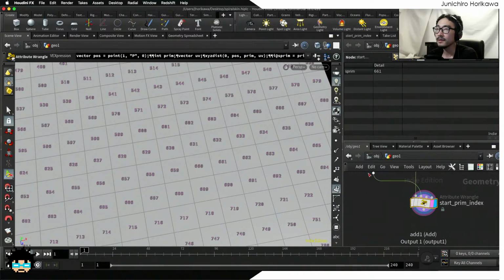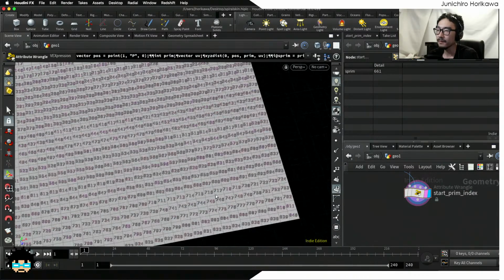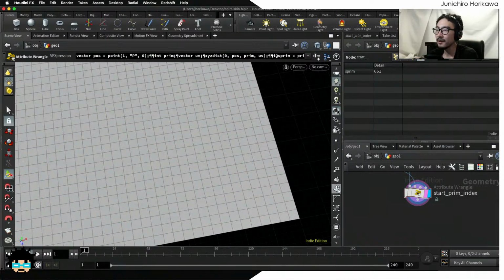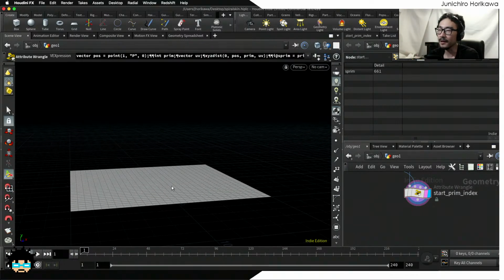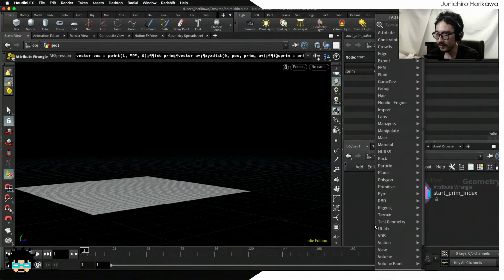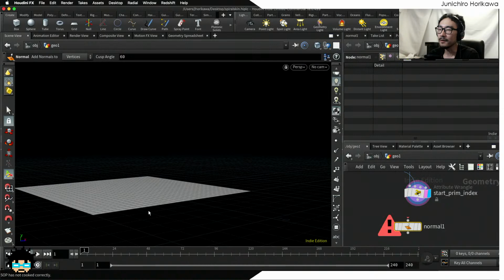Okay, so now I have got the starting primitive number. Let's get to the next step. The next step that I want to do is to first of all create a normal vector for each primitive face. Well, currently since this is a flat grid, all the normal vectors should be upward, meaning positive Y vectors. But since we want to change this geometry later on to more three-dimensional geometry rather than a grid,